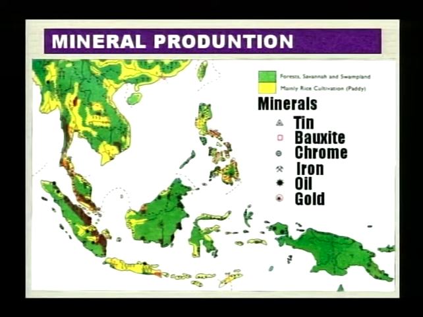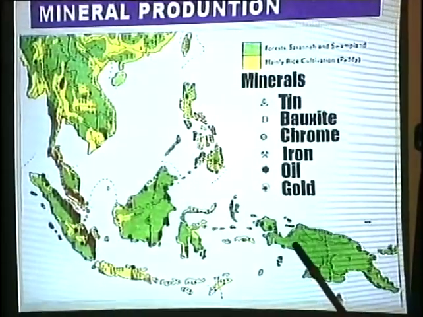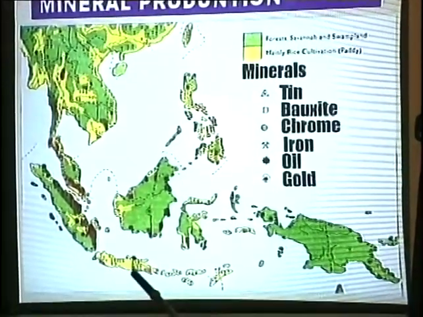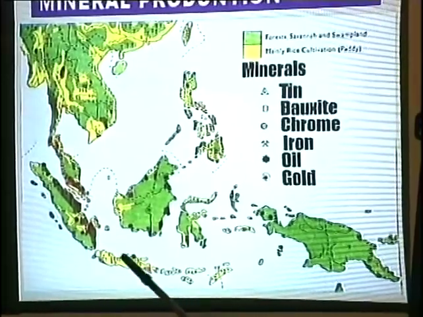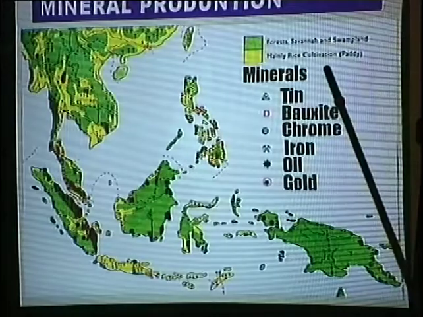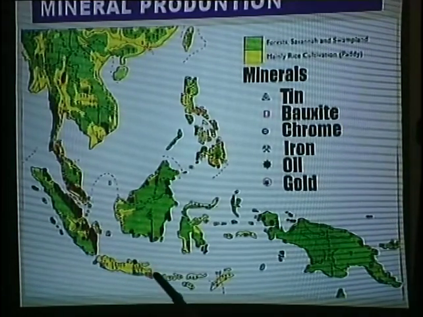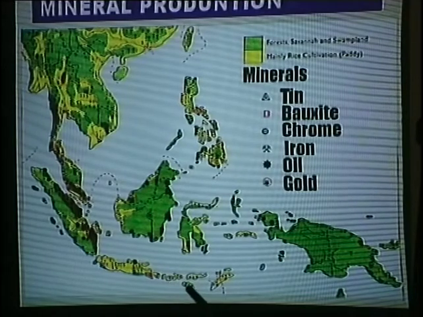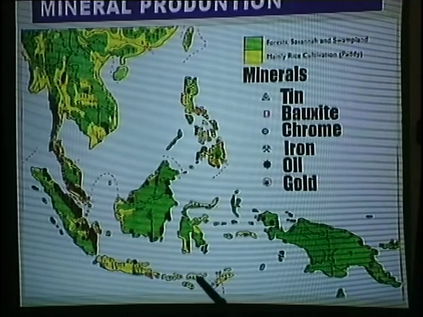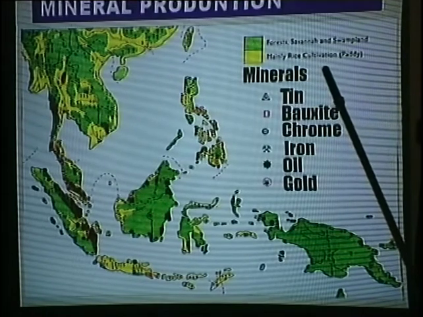Okay, so we've covered already some of the main islands of Indonesia. The key here will represent some of the minerals that are found within the country Indonesia. We're concentrating on Java. And if you look at Java, the yellow color here tells us that these are areas mainly where rice cultivation is common. So you can see most of Java, the island of Bali, Lombok, Timor, and etc., those Flores Islands, most of them have used up their land for rice cultivation.